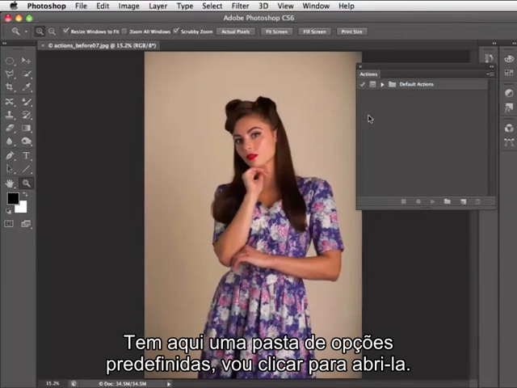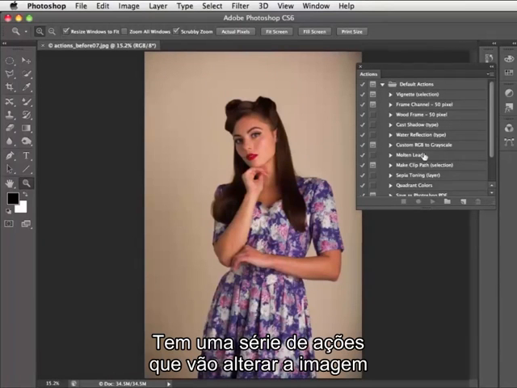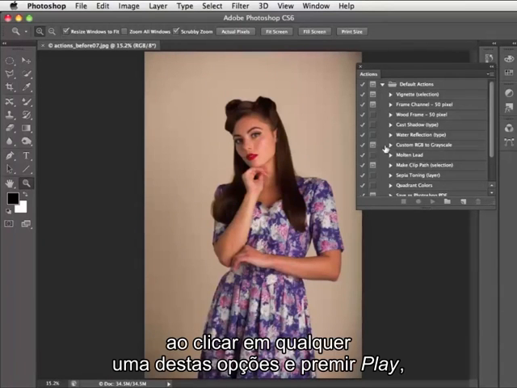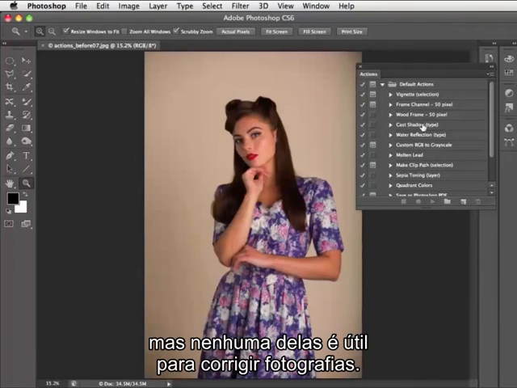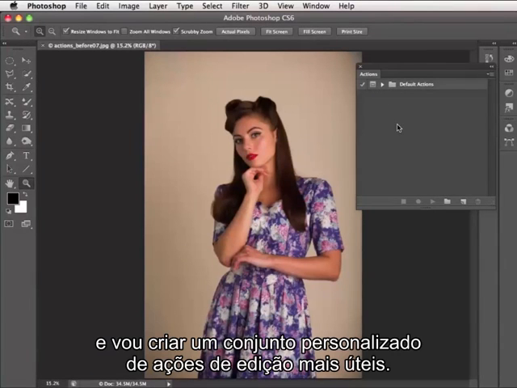And here you can see a folder of default actions. If we click here to open that, it's got a variety of actions that will change the image if we click on any of these options and hit play, but none of these are particularly useful for photo fixing. So I'm going to click here to minimize that, and we're going to create our own set of more useful